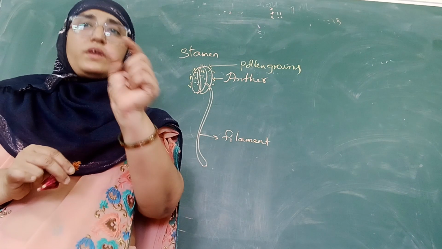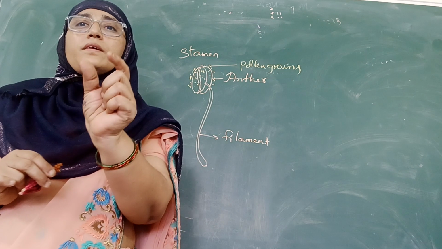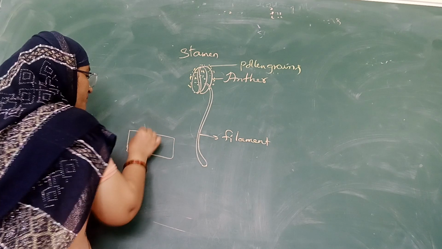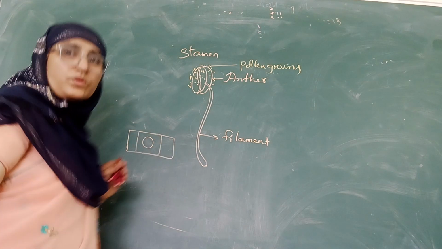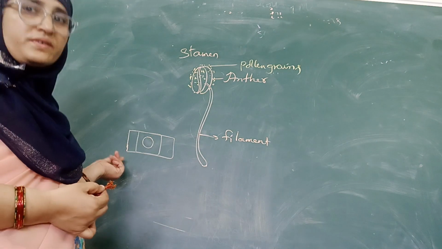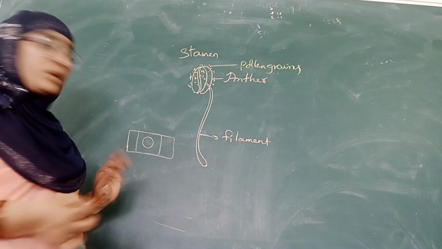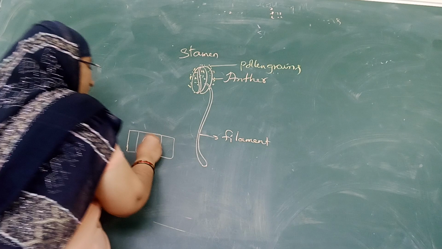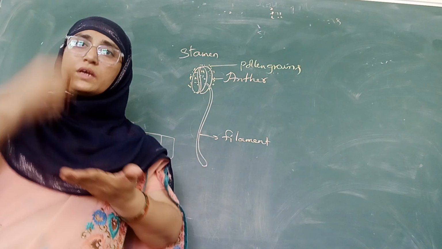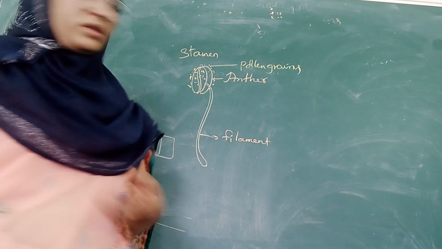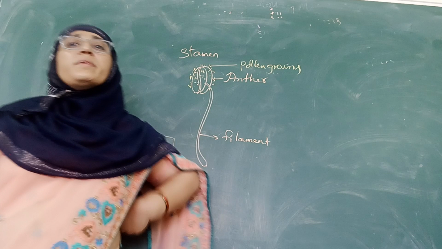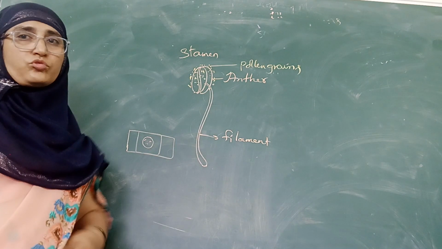Then we take a cover slip and place it on this drop of water, so that it does not spray out or stick to the lens of the microscope. Now we keep this slide under the microscope and we can observe it. In this manner we can observe the structure of pollen grain by a simple activity under the microscope.